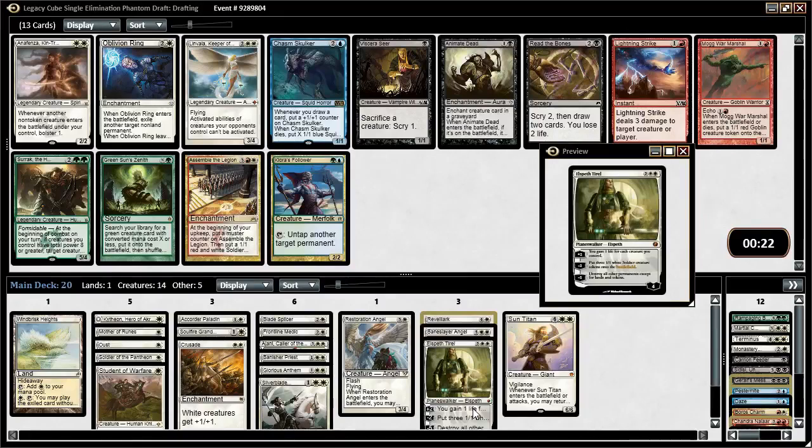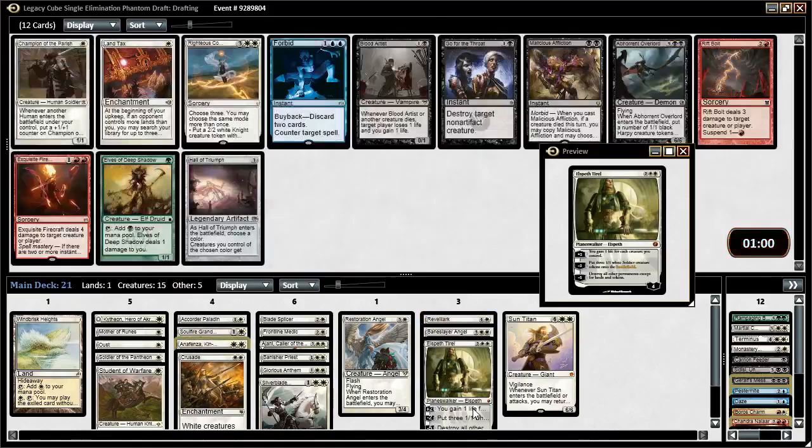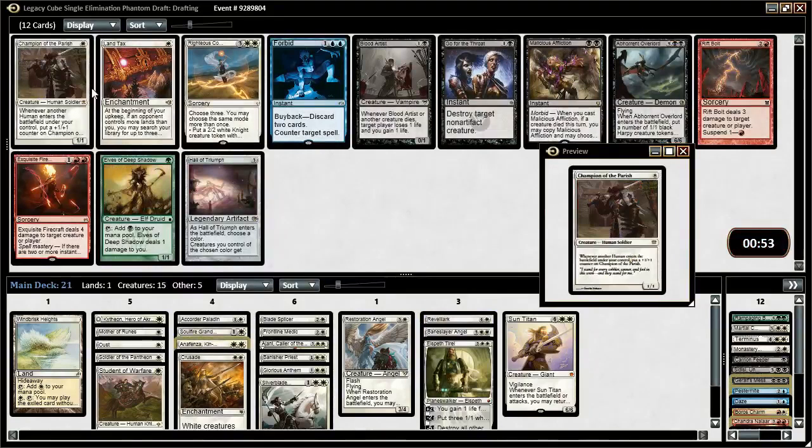But that might be because we've been auto-picking the lowest converted mana cost white card since pack one, pick one. I mean, it'll obviously depend on the matchups, but I wouldn't be surprised if this deck could steal a match or two. It's not impossible. Yep, there's Anafenza. Ooh, Champion of the Parish. This is another one of those non-land versus land picks. I'm assuming we get the Champion of the Parish,